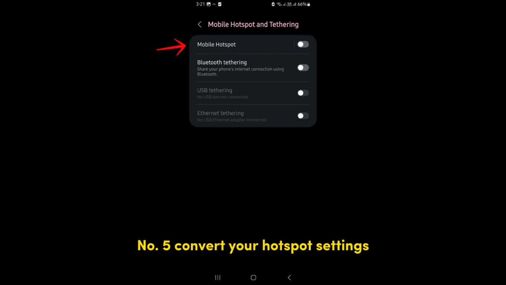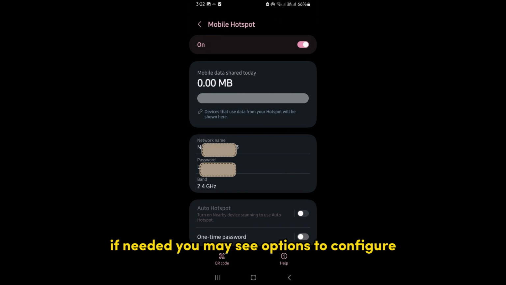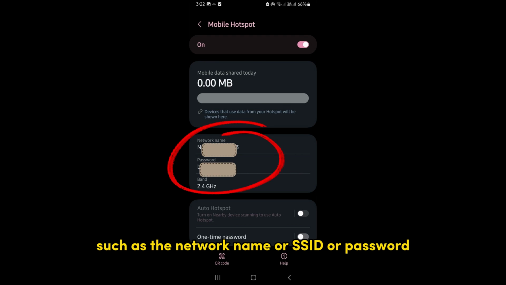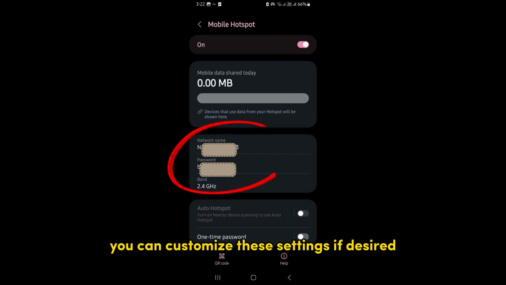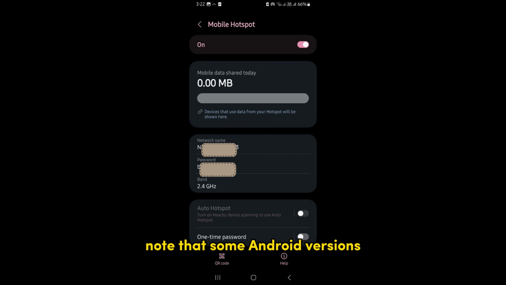Number 5. Configure hotspot settings if needed. You may see options to configure your hotspot settings here, such as the network name or SSID and password. You can customize these settings if desired. Note that some Android versions allow you to set a security type like WPA2 and a password to protect your